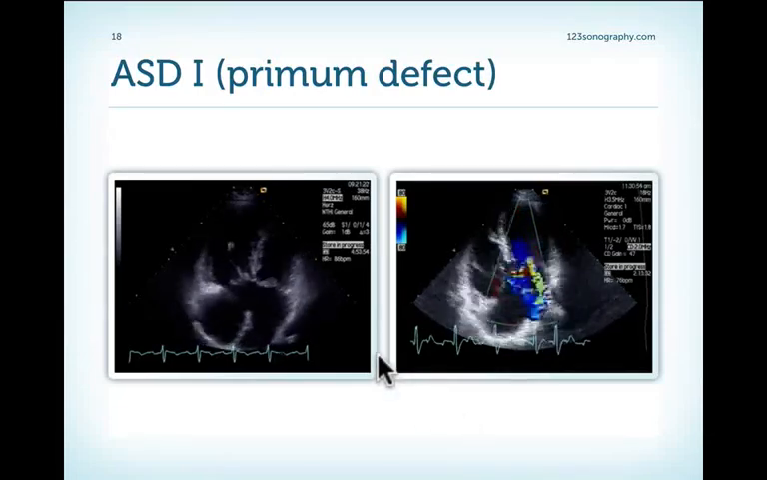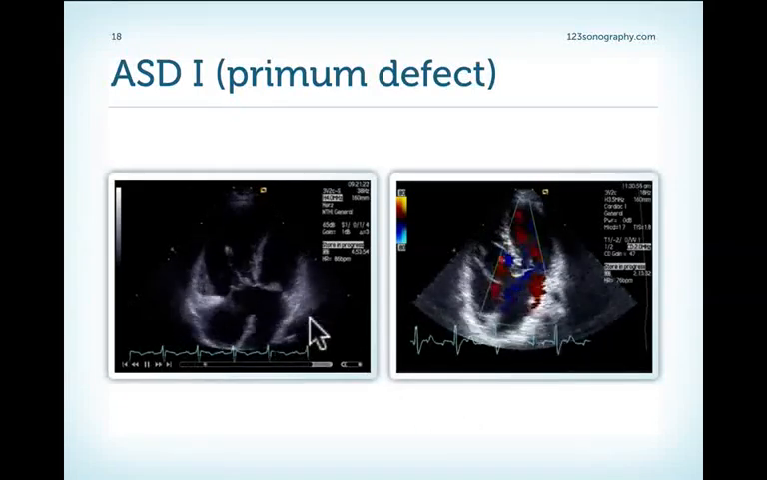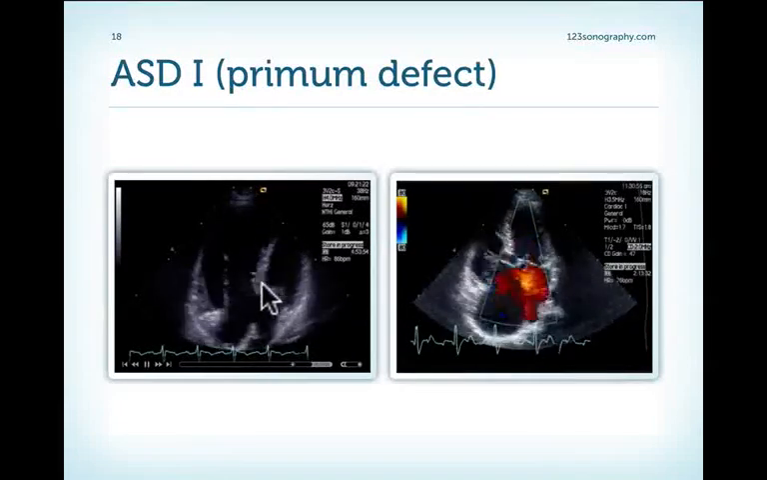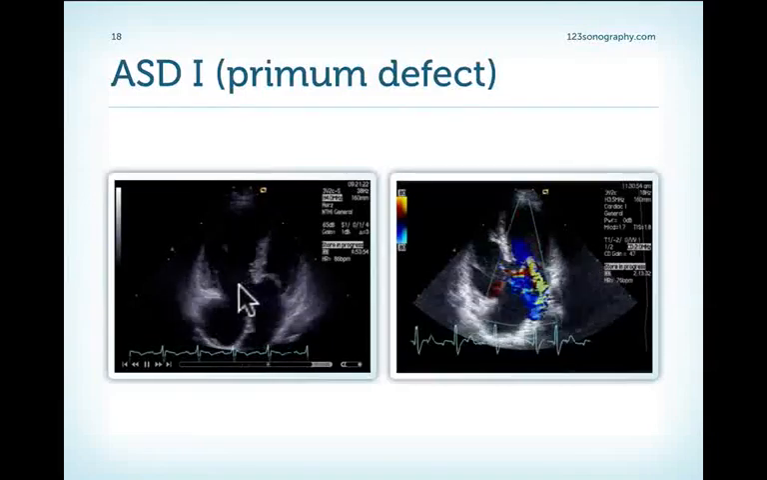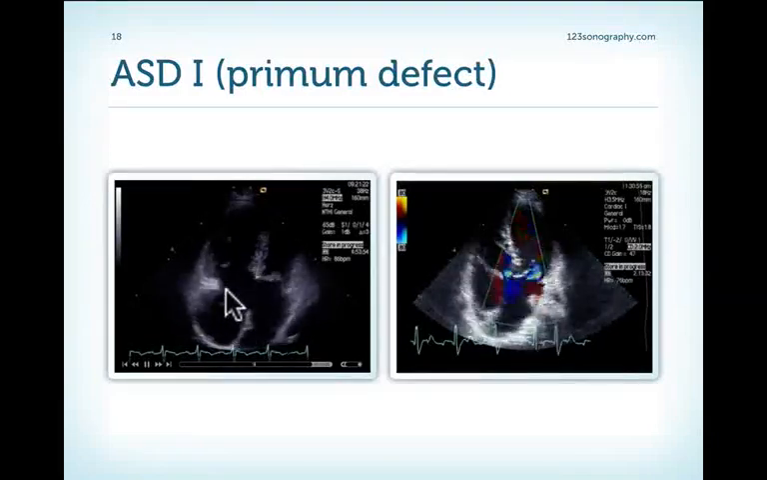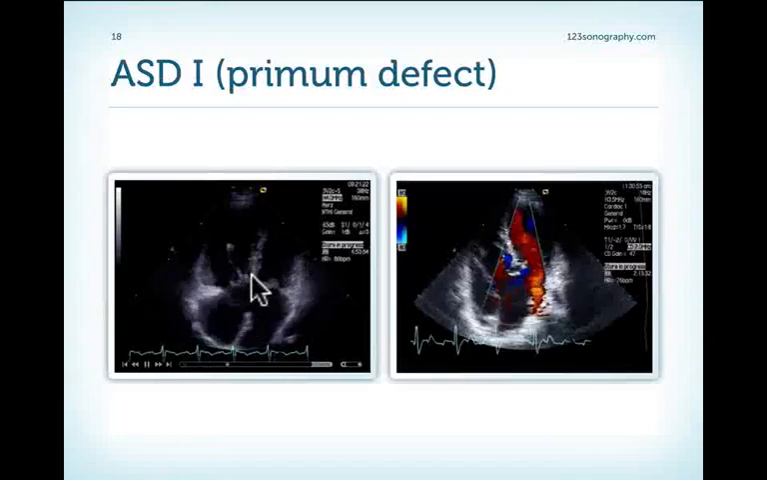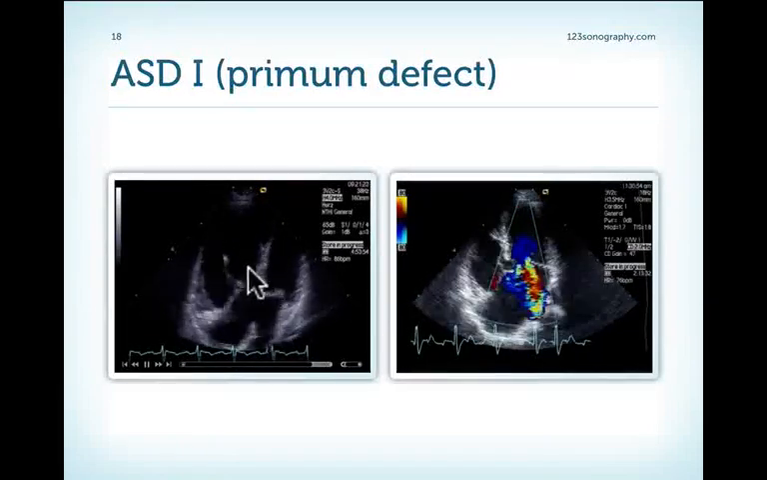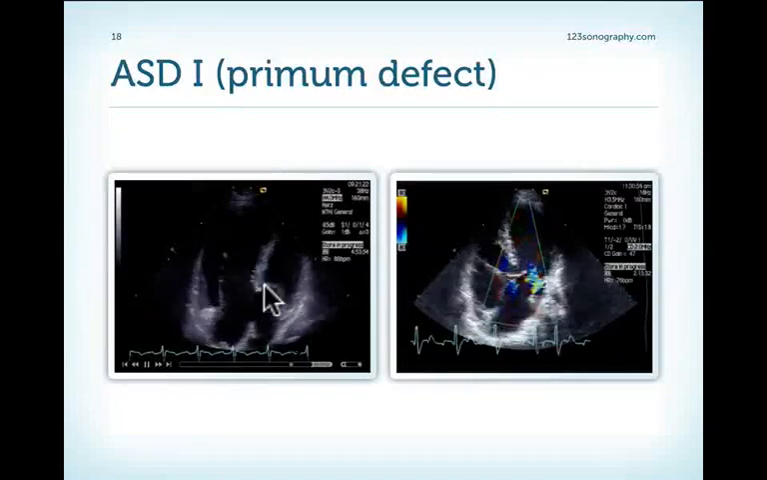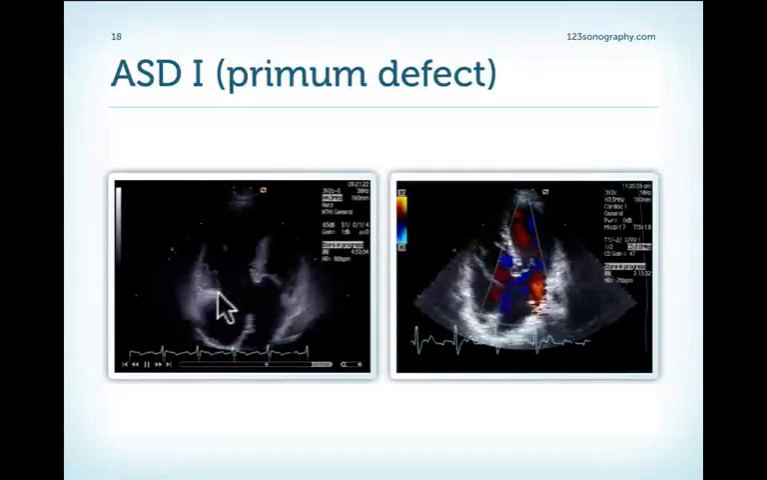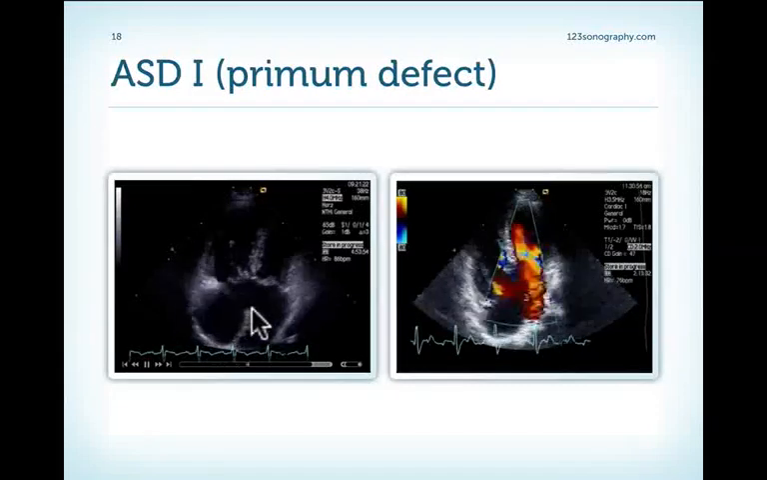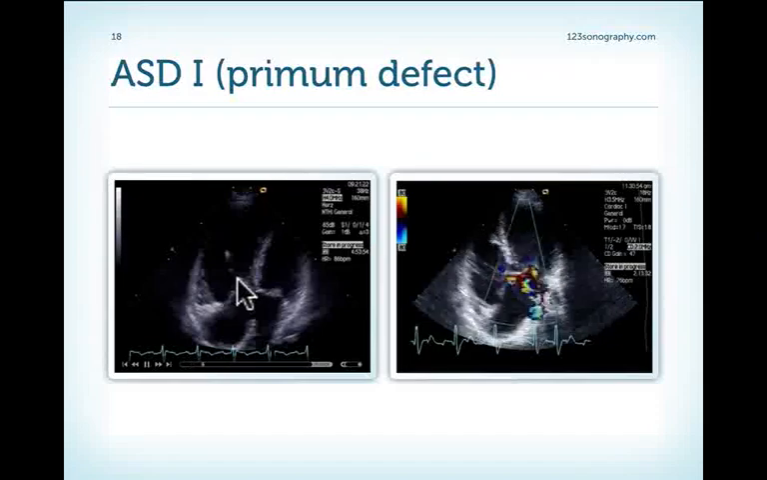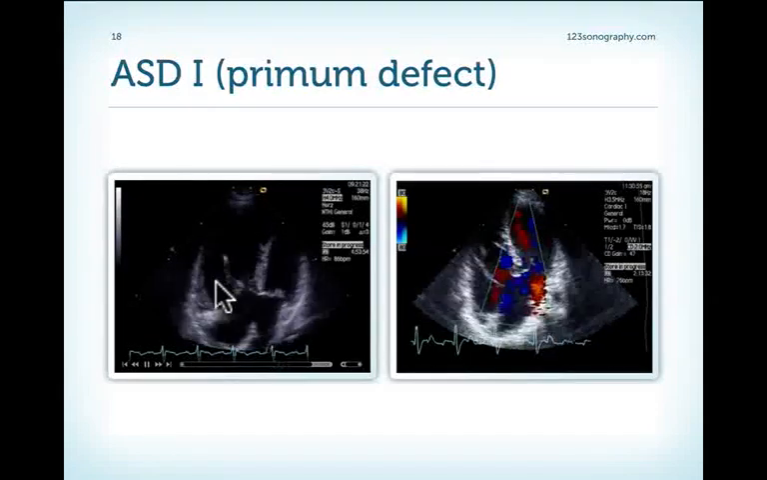Here we see a typical example of a primum defect. We can nicely appreciate that there is malformation of the AV valves. AV valves are here on the same level. Normally we would expect that the tricuspid valve inserts somewhat more to the apex than the mitral valve, and in this case we see this is just one valve level. We have this large defect here, and we have a lot of left to right shunt and significantly enlarged volume